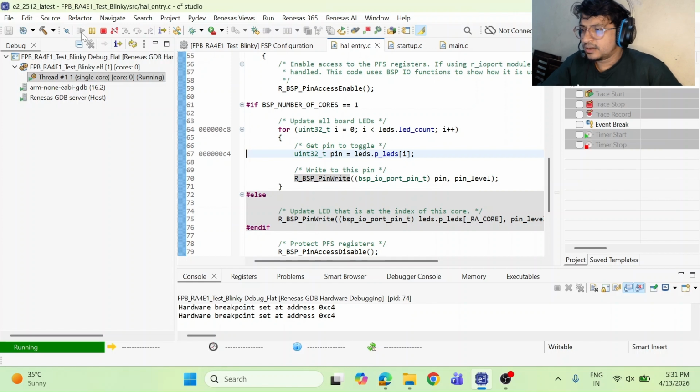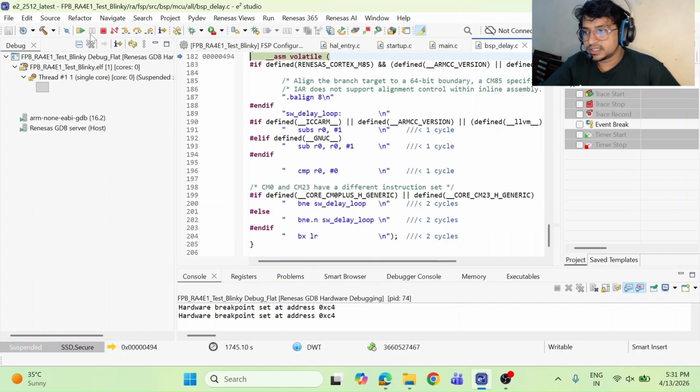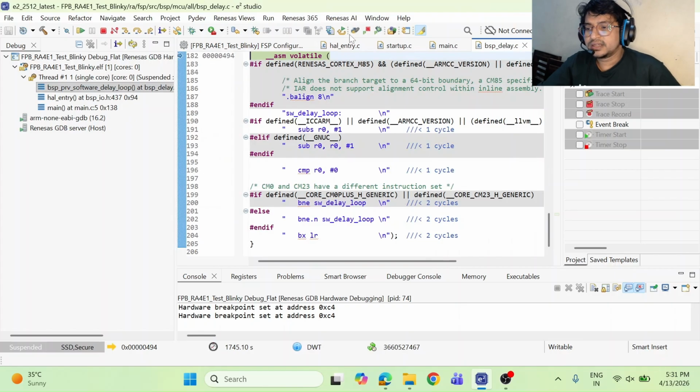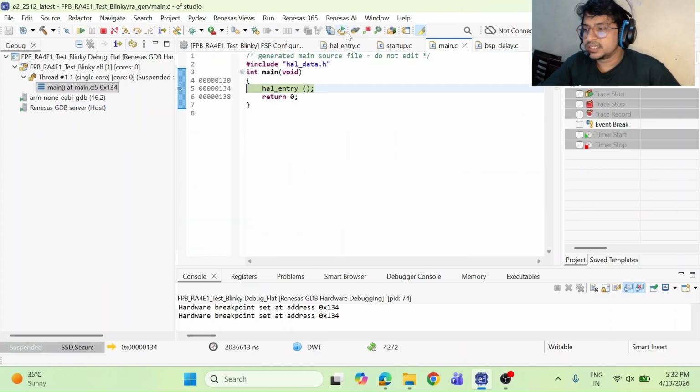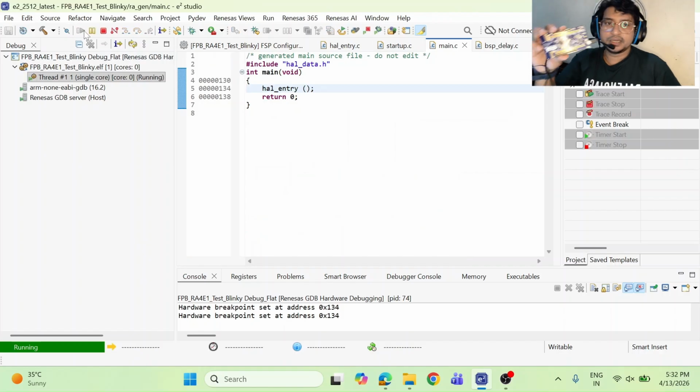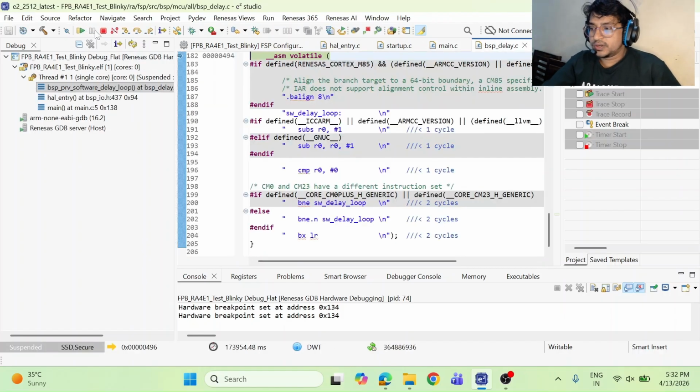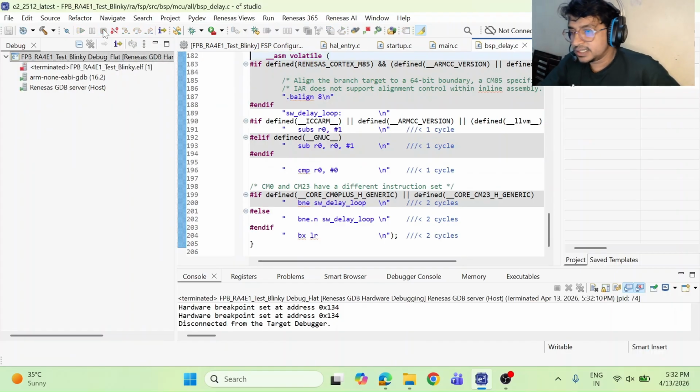By that you can start your journey and start your project, and it is an easier way to start. Once it is running, we need to stop it, and after that, CPU reset. Again you can run here, and again Blinky is going to happen. I am now disconnecting the tools.